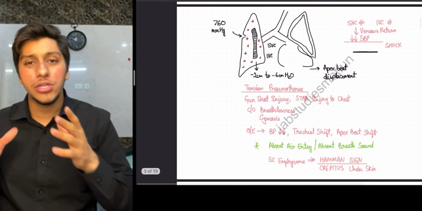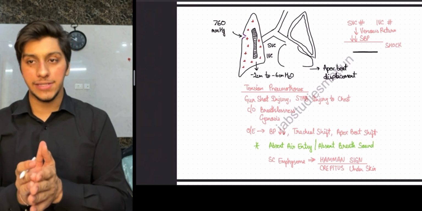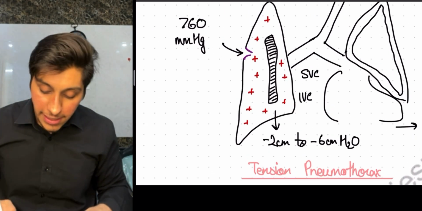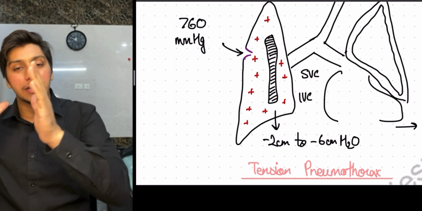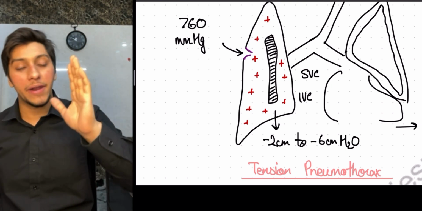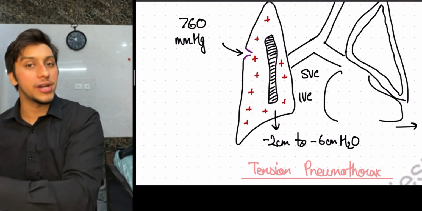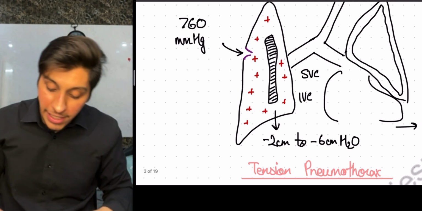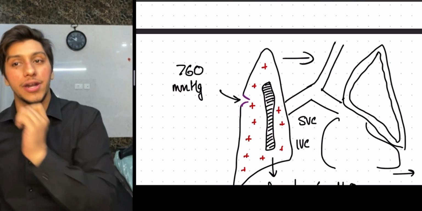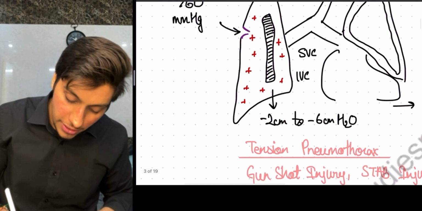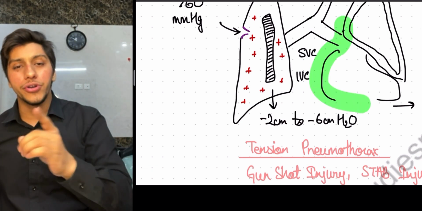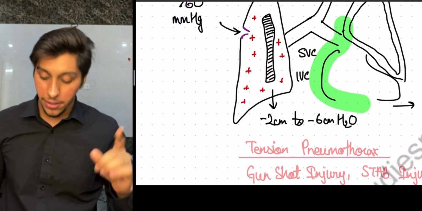Talking a bit about the pathophysiology, what happens in pneumothorax, guys, is that air comes into the thoracic cavity, and this air applies pressure to the lung, due to which the lung is going to collapse. Not only that, the air is going to apply pressure to the lung on the contralateral side. That is why the tracheal deviation which you see in pneumothorax is contralateral. Now, not only that, guys, if you see, this is your heart, all right? Because of the contralateral pressure coming from the air, our